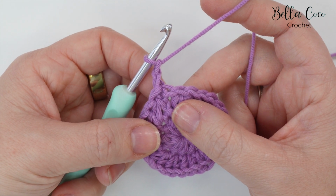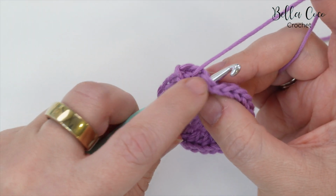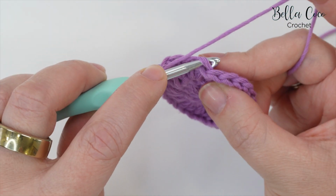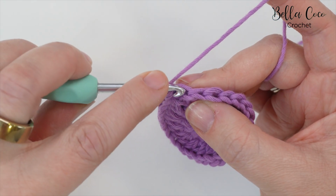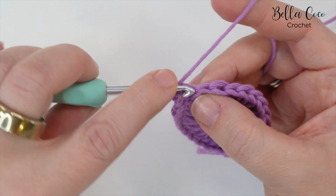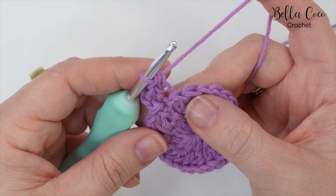And we're going to work 2 back loop only half trebles into the same stitch. So let's just take a look at a stitch for a moment. When we go into the stitch, we see a front loop and the back loop. We're just going to work into the back loop of the stitch this time. So we're going to yarn over, find that back loop, yarn over, pull through, yarn over, pull through all 3, yarn over, insert into the back loop, yarn over, pull through, yarn over, pull through all 3 loops on the hook, and then we're going to do a back loop only half